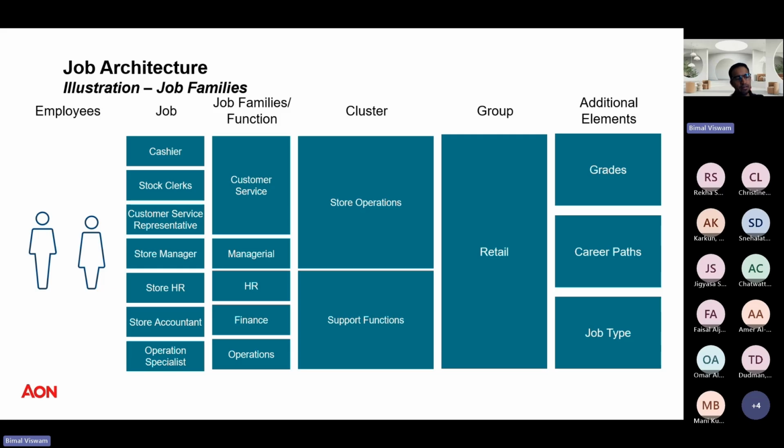So job architecture is, I would say, broadly a hierarchy slash network of jobs, and various sub attributes of job architecture would be your grades, your job families, your subfamilies, or how you cluster or group your jobs, and even aspects like career paths or job types. All of them would encompass the way your job architecture would entail